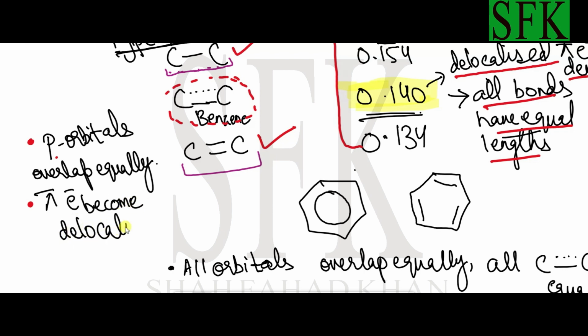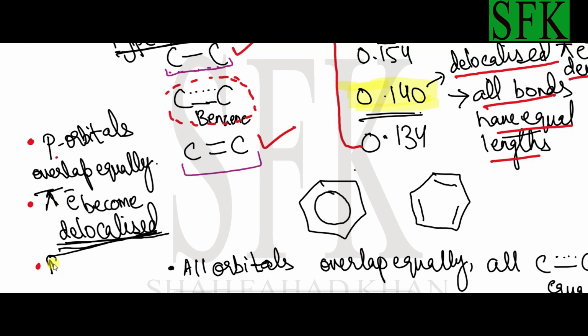This word is important. Delocalized pi electrons is the key word of this answer. The pi electrons become delocalized, due to which the bond lengths become equal. So p orbitals overlap equally with each other, the pi electrons become delocalized,